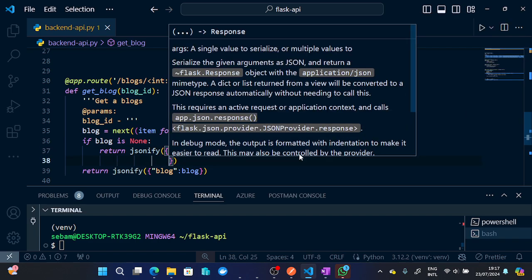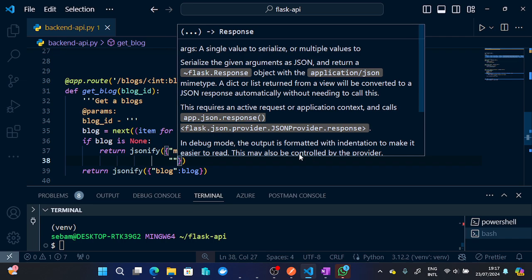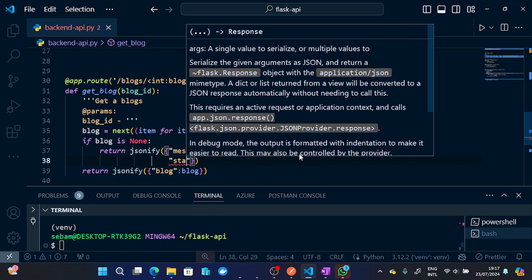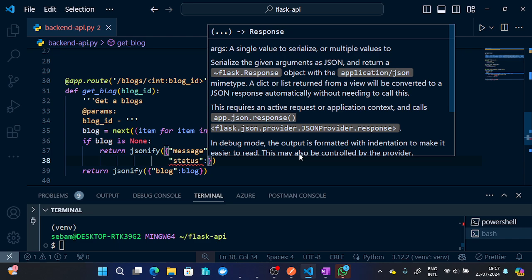You can add like status, yeah, for the guy who is handling the front end also. So status, and you can, so there is a